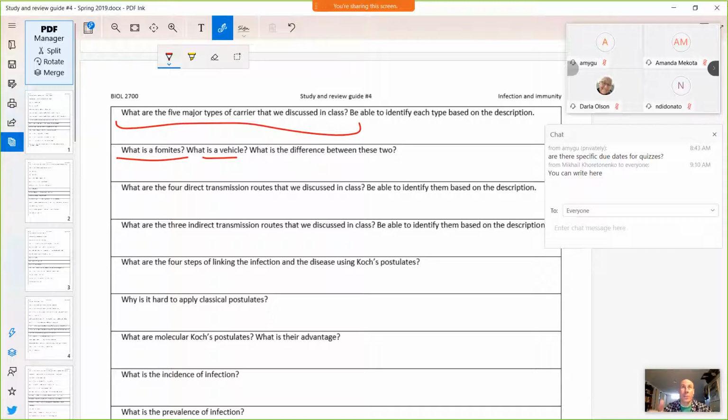So we've got respiratory, we've got contact, vertical, from mother to child, either through placenta or during the birth, and vector-borne. I want to highlight that when we say direct transmission route, we refer to the transmission from person to person. So yellow fever is directly transmitted by a biological vector between humans, from human to human. West Nile virus is not transmitted from person to person at all. Just no direct transmission. Indirect transmission: fomites, obviously. Vehicles.